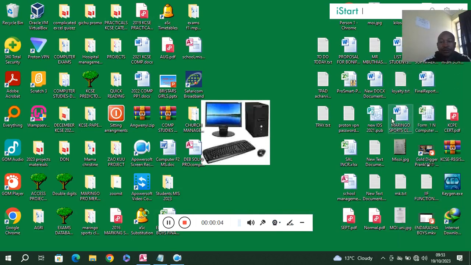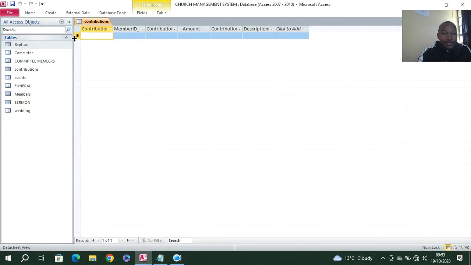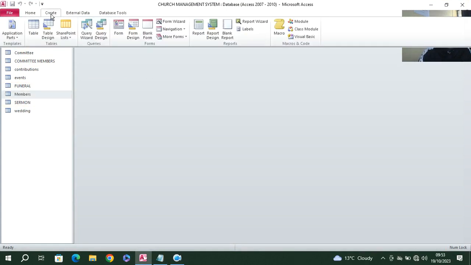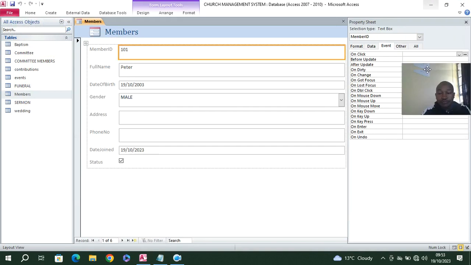Let's carry on with our system. So we want to create the GUIs. So we can start by creating forms. That is the GUIs. We shall start with the members. So I click on members, click on create, then click on this button here, form, like that. So once you click on that form here,